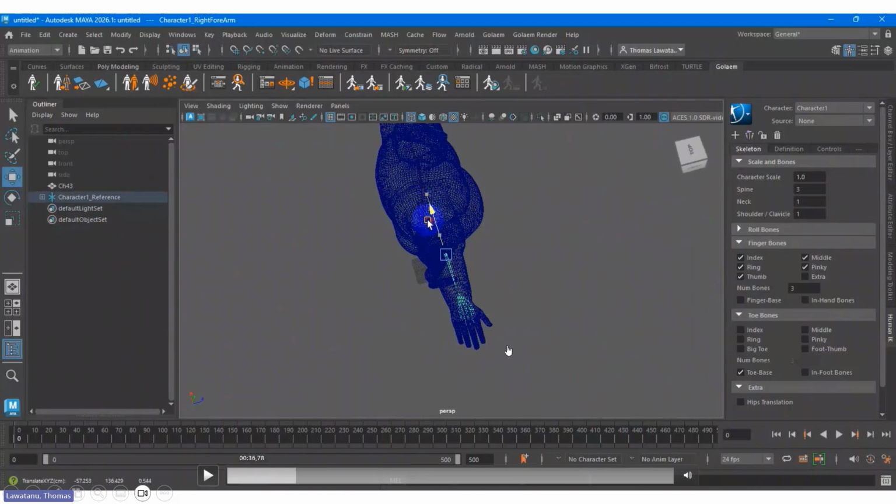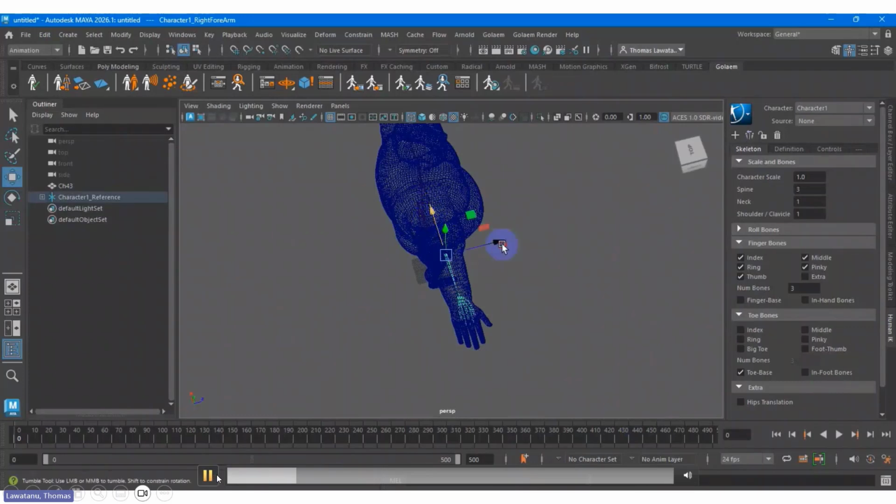Because you only adjust one part, then the other part will be mirrored. So no worry, you just focus on one part. Let's say I want to adjust this hand part, so you just focus and fit the rig inside your character. Then for the opposite side, you can click this one, the mirror button.